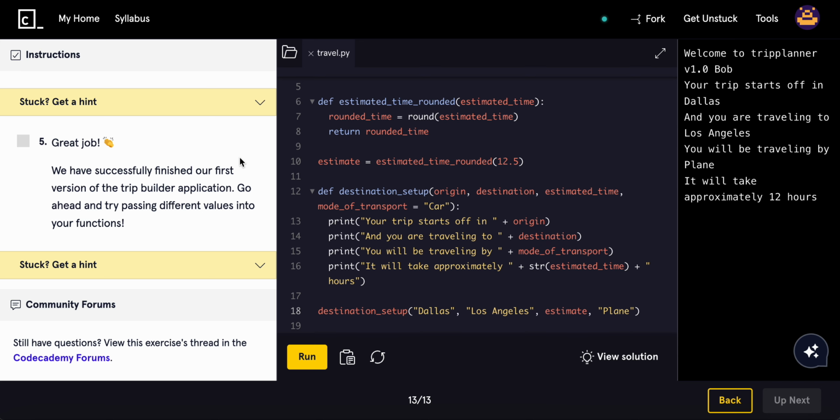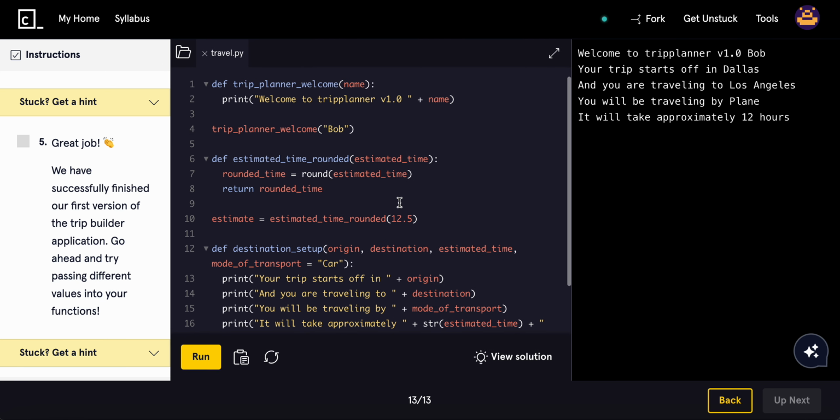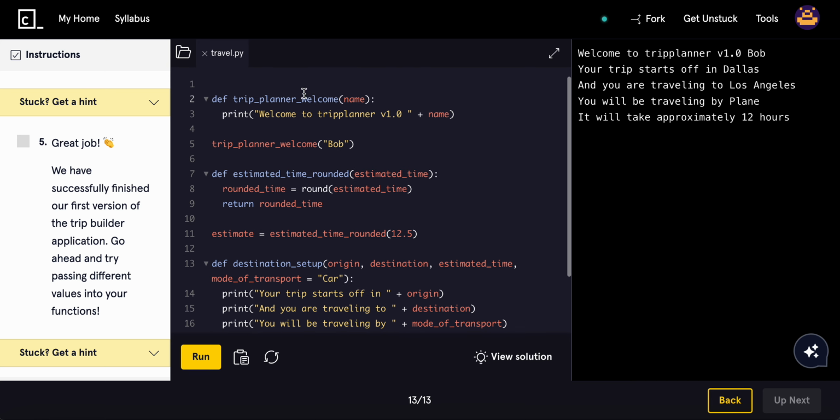Go ahead and try passing different values into your functions. So I'm going to make this code a little bit nicer to read. So we're going to comment some parts out here, comment it out a little more so it looks really nice to read and all that. So dev planner, so this basically welcomes the user, and then calling the function, and then